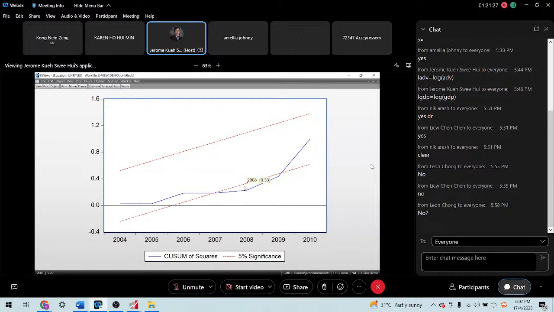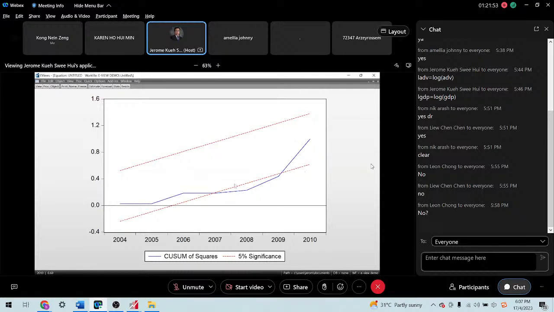But as researchers, we look at the overview. As long as most of the blue line falls within the red dotted line, then we can assume that the model is stable. Although there's a breach at this period, at least it bounced back into the red dotted boundary.